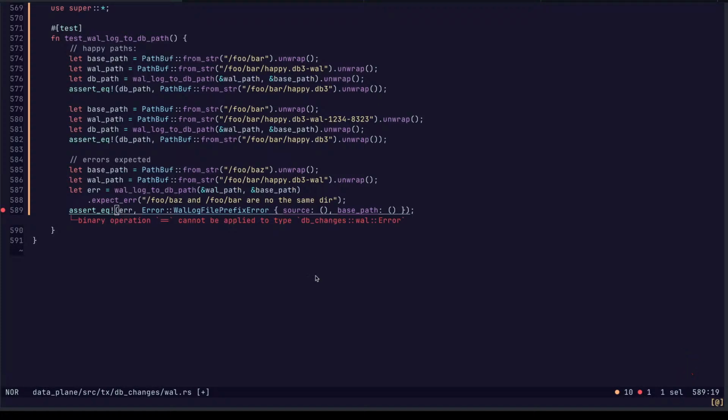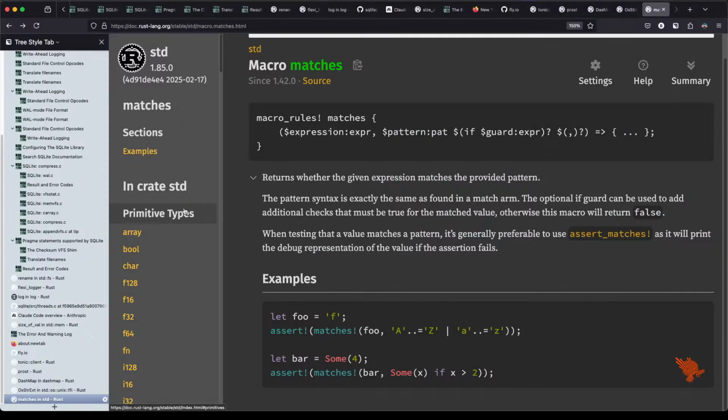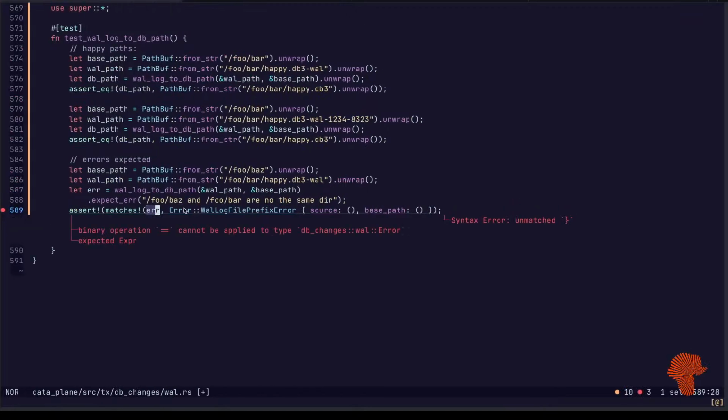It's a little grindy. It's a little much. Assert matches. Then we have the two variants in here.